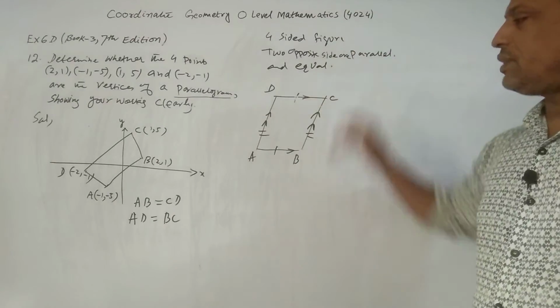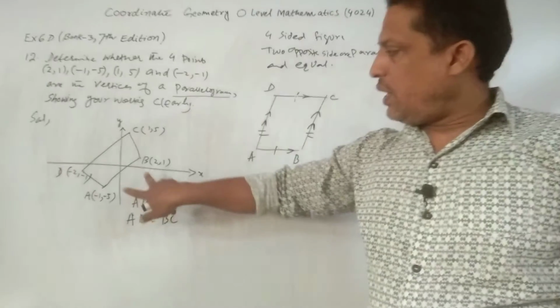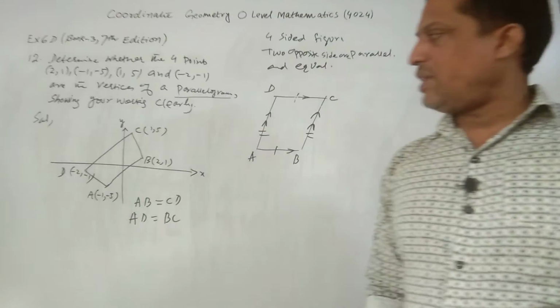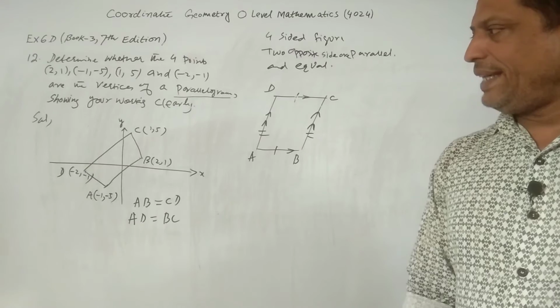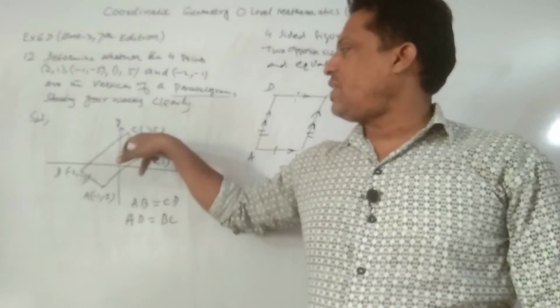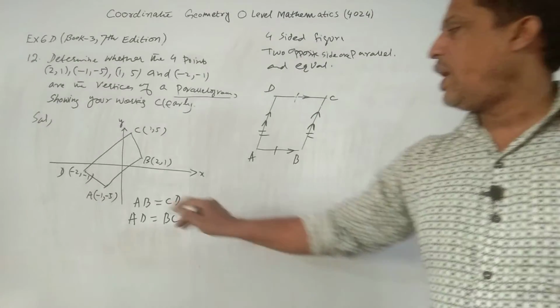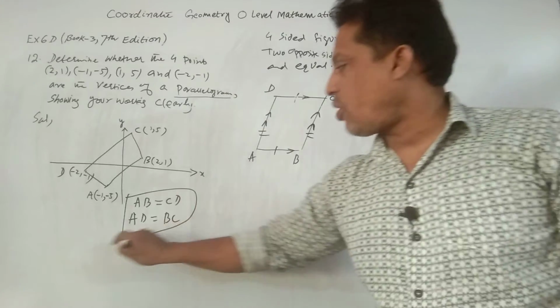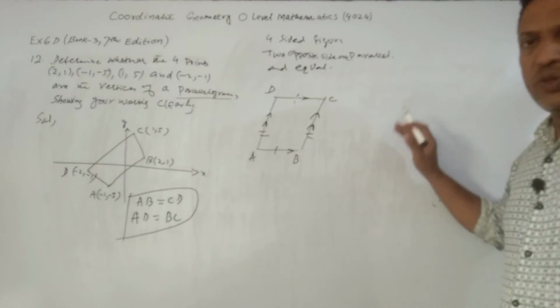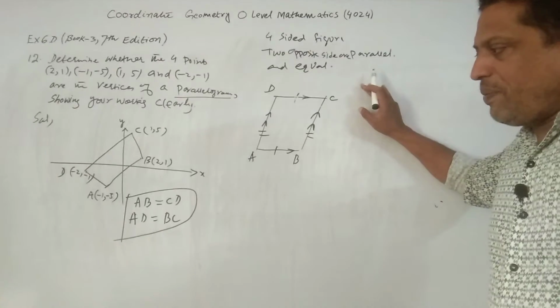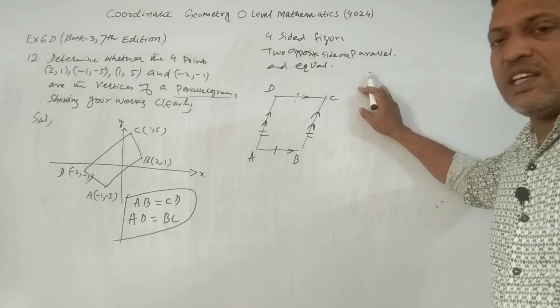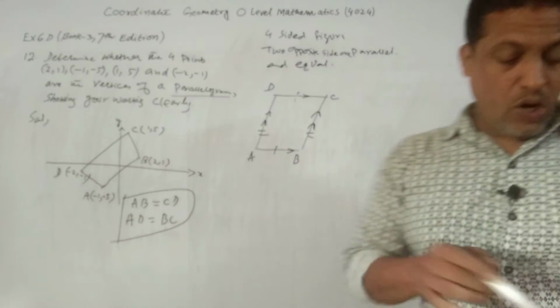Two opposite sides: AB and DC are opposite, and AD and BC are also opposite. According to the definition of a parallelogram, these opposite sides are equal. AB should be equal to CD, and AD is equal to BC. Now, to prove